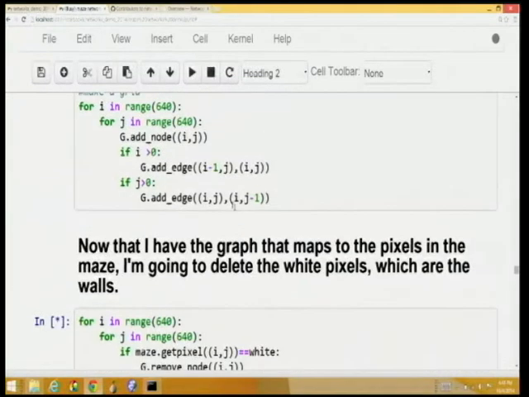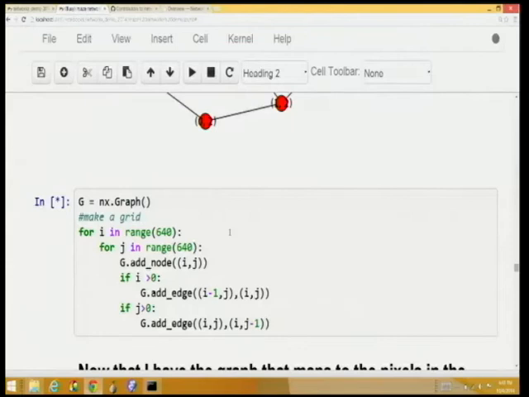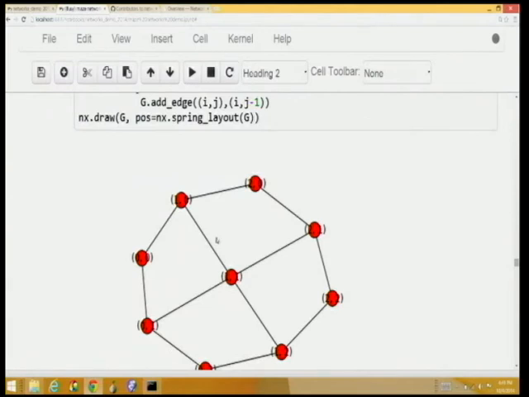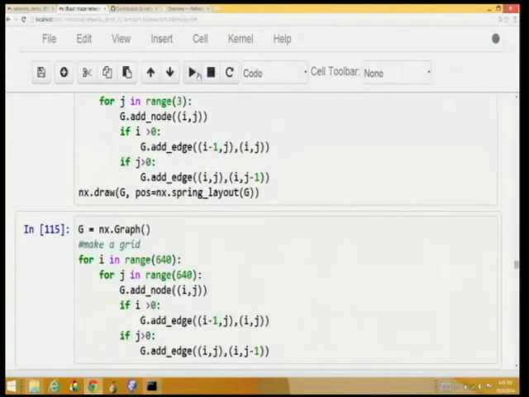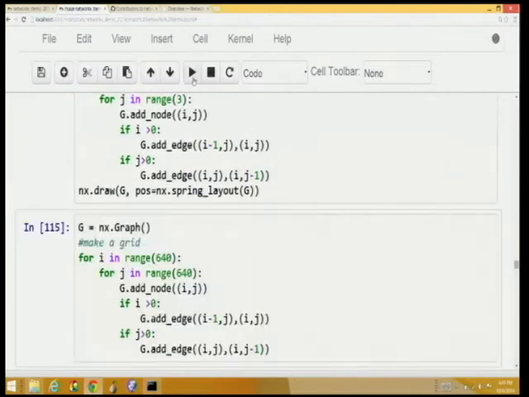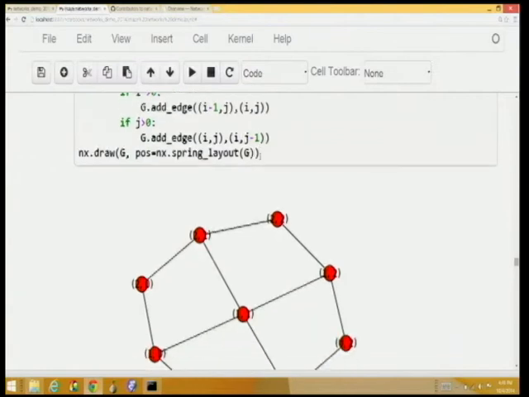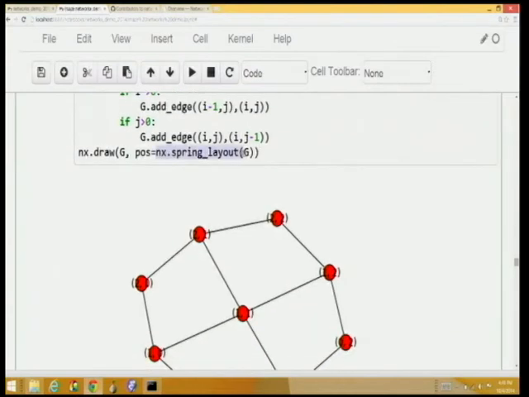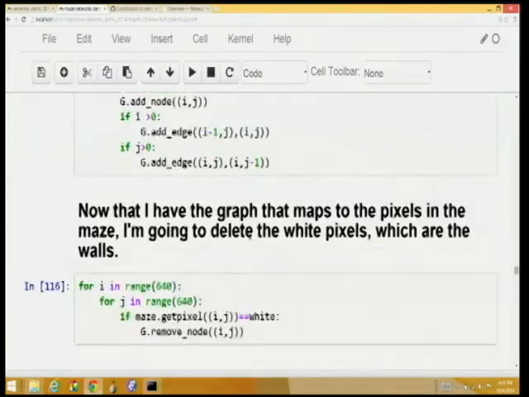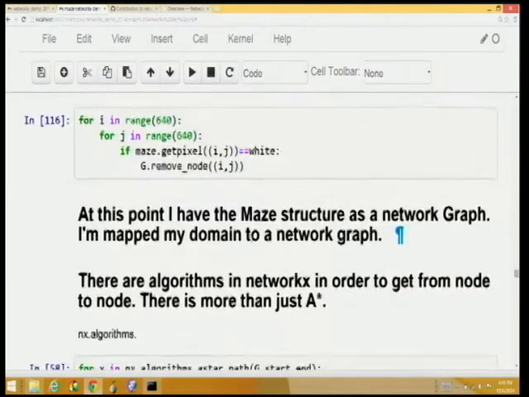Can you go back up to this diagram? Is that one pixel represented there? No, this is going to be a 3x3 grid. So I can try re-rendering this thing. This is one of those things where I needed to nail down this position argument as something other than the spring layout, because it'll give me a different render every time. I'd like to have 3 across by 3 down. But now that I've got that set up,